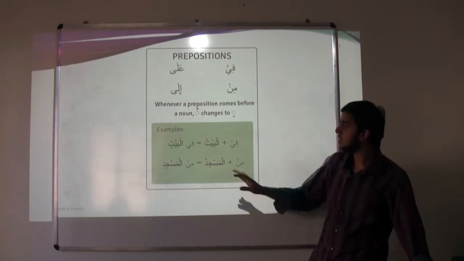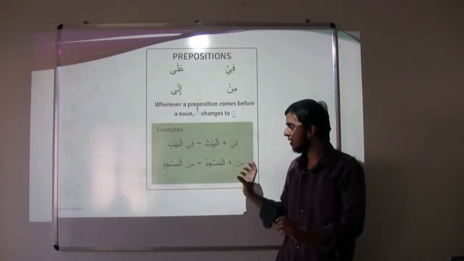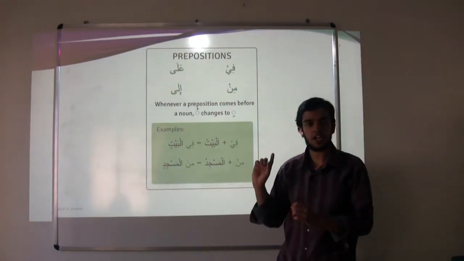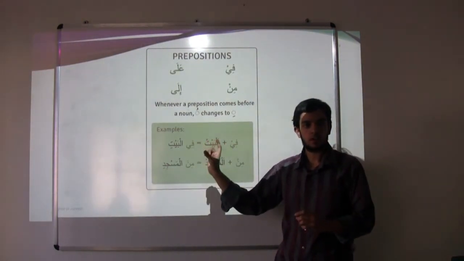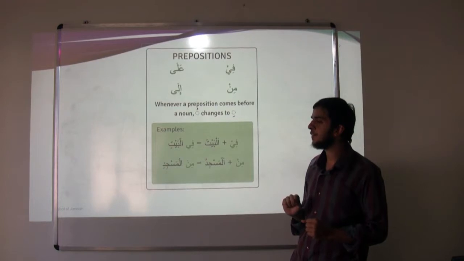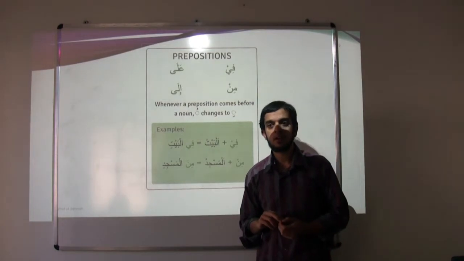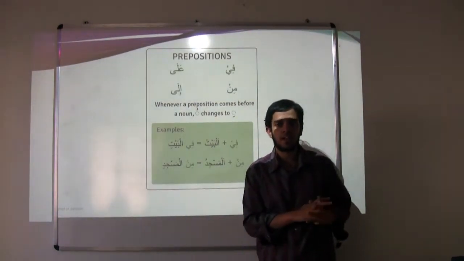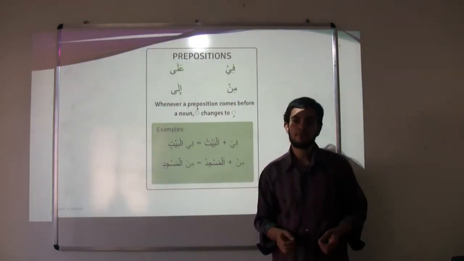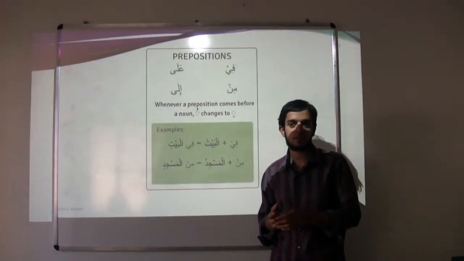Actually there is a slide missing, in which I have given the example of the effect of a preposition on proper nouns, on names. For example, we have ala Muhammadin. What does ala mean? Ala Muhammadun becomes Muhammadin. So Allahumma salli ala Muhammadin. Why do you say Muhammadin? Because ala comes before it. And what does Allahumma salli ala Muhammadin mean?